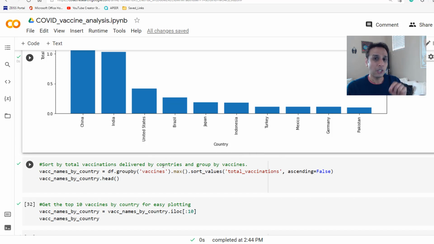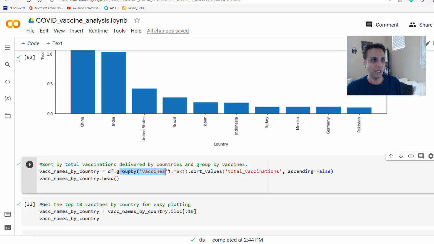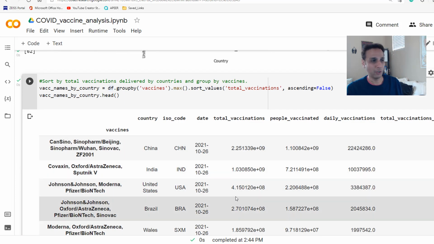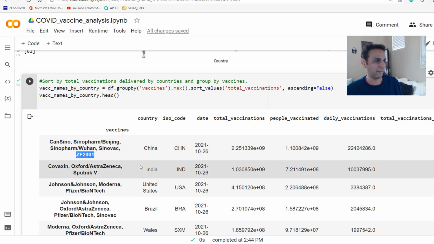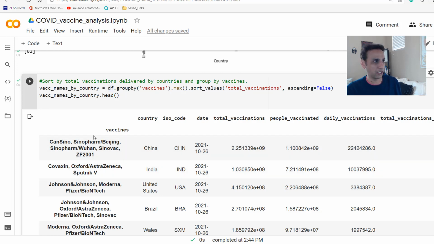So since we want to look for the vaccines, based on the vaccines, we have to group by vaccines. Okay, and then sort them based on total vaccinations in a descending order. So let's go ahead and do that and print them out. As you can imagine, yeah, Sinopharm Beijing and Sinopharm Wuhan, CanSino, Sinovac, and I don't know about this ZF 2001, but obviously these are the ones that